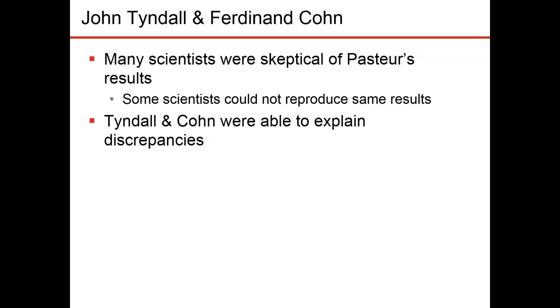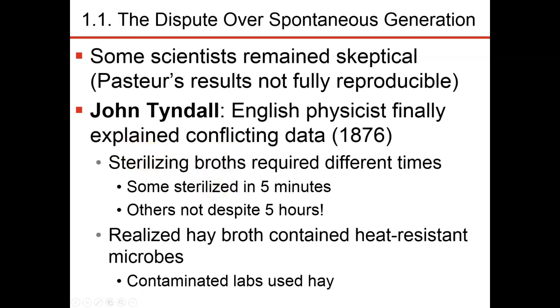And this discrepancy was actually able to be explained by two different individuals who did not work together, Tyndall and Cohn. So John Tyndall was an English physicist, and what he learned, and he did this by sterilizing different broths,